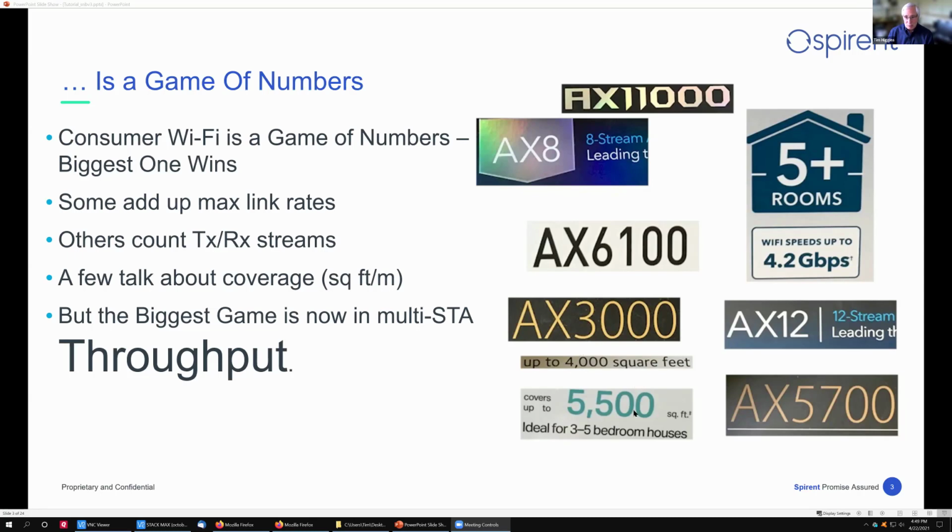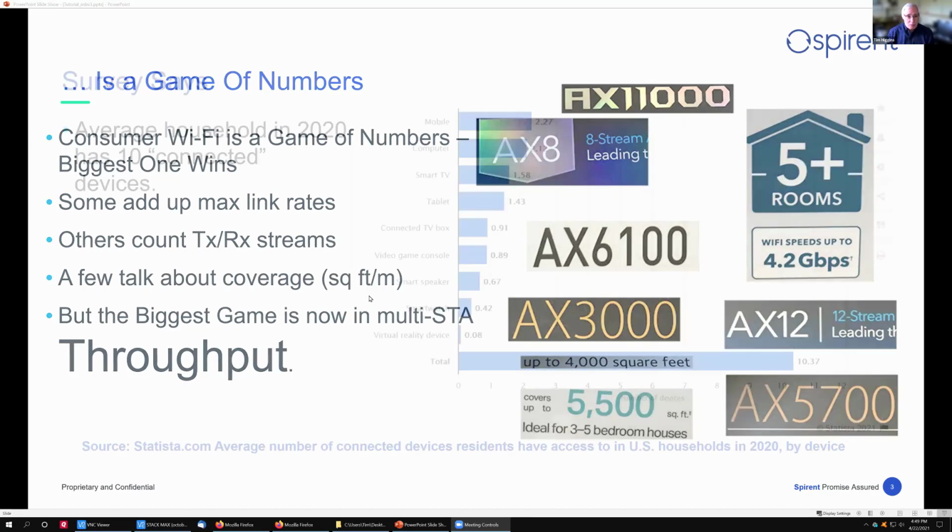And some talk about coverage, although that's not as commonly done. Mostly it's in link rates and streams. But the biggest game has now moved from just talking about throughput to the concept of total throughput or total aggregate throughput, which basically says you're dealing with multiple stations.